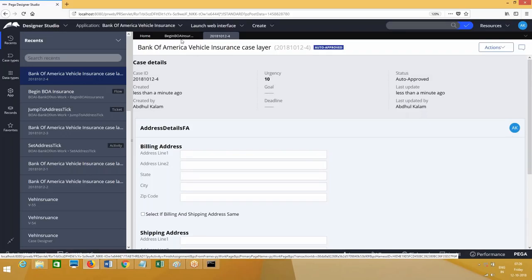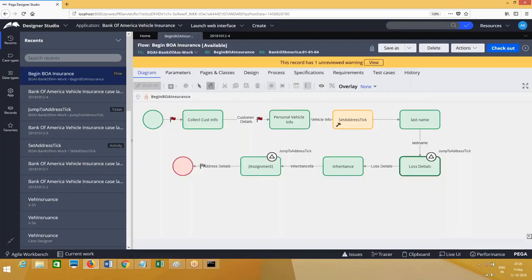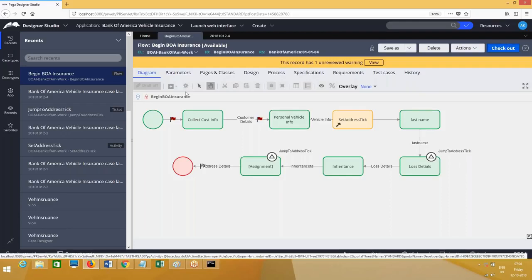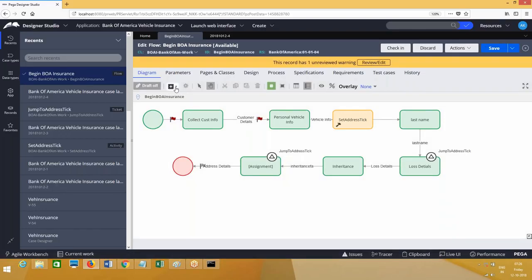So when the ticket is being called in multiple places in the workflow, which one is identified? First one or last one? Let me add one more flow shape here. Okay, let me call a flow action here.